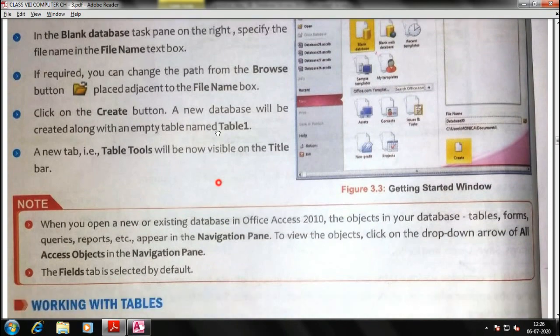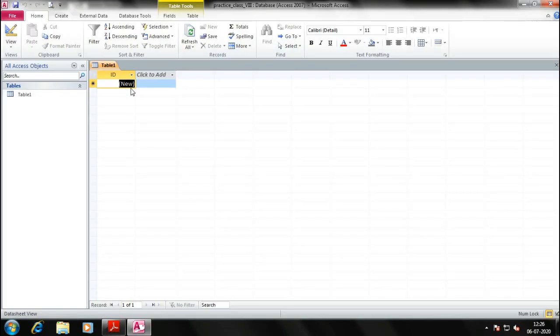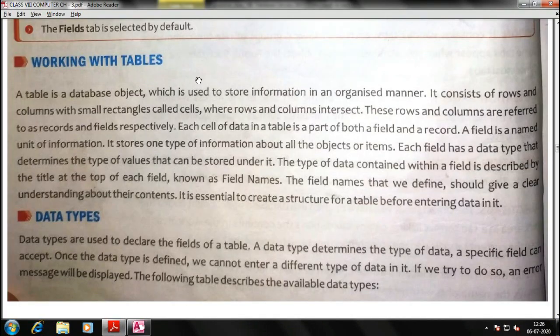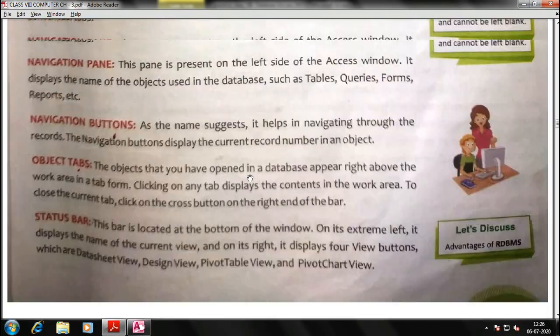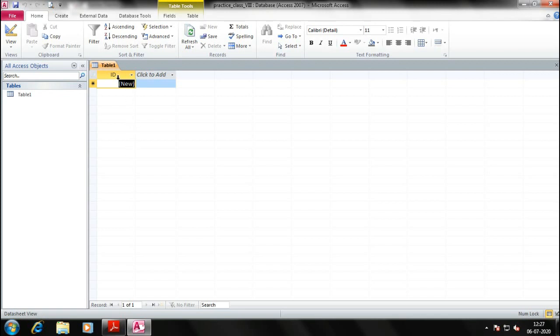These were the steps. Next is working with tables. Actually by default a table is created; I have not created it. When I created the database, it was created automatically. So now let me create a table here. The view which is being displayed here is not the one where we will be creating a field. Let me show you the table which is created here. This one, ID.